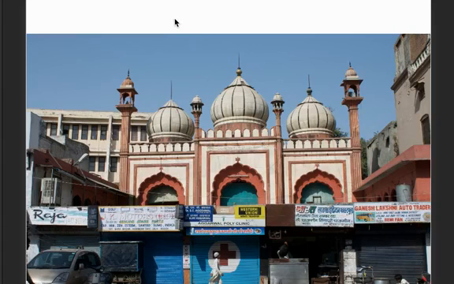Now, the Shahjahani architecture really had a very hegemonic influence, which means that it influenced a lot of architecture, and particularly if you look at mosques, the Jama Masjid became such a template and pattern for mosques that came afterwards. And if you look at this, this is a mosque of the 18th century, the first half of the 18th century. It's called the